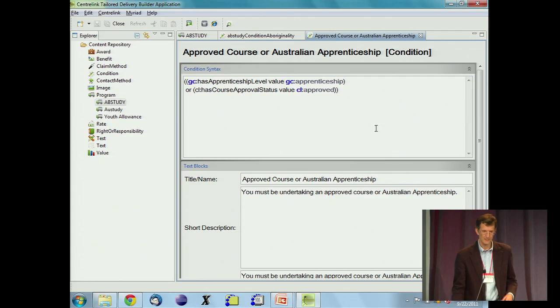Now, what we wanted to set up was a system that allowed the authors to author things, but that we would try to step in and do some generation of things that were rather more mundane. Now, this, for example, is a disjunction. You have to be an apprentice or studying an approved course. We allowed the authors to step in and write this out, and in fact, the authors can produce a better version than we can with our fairly simple mechanism for doing ontology verbalization.